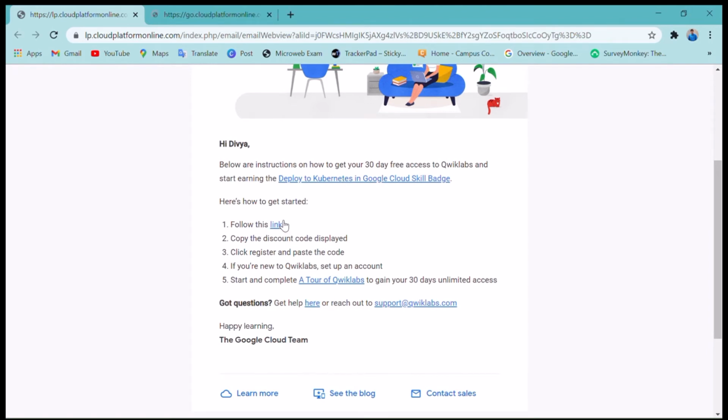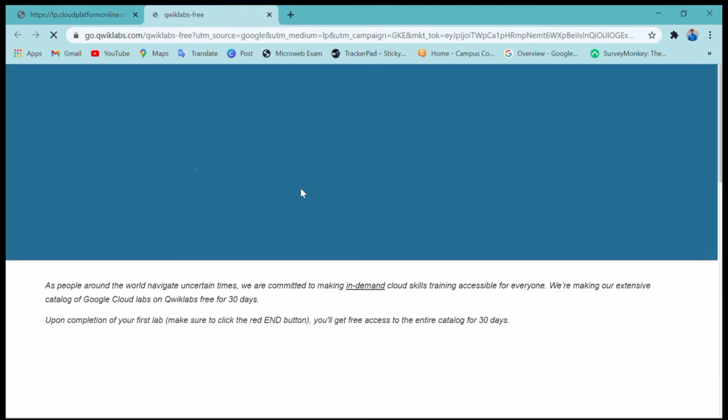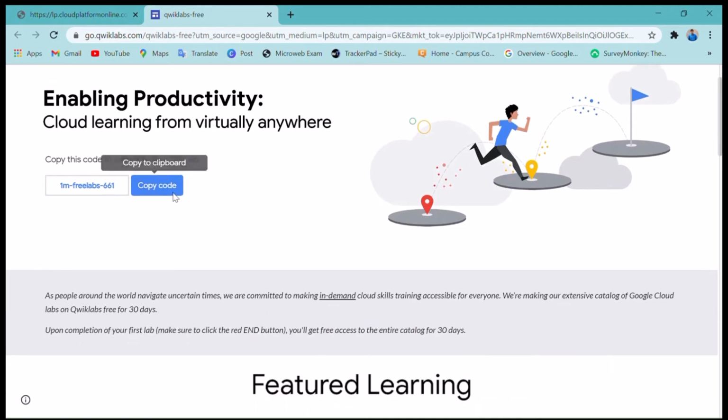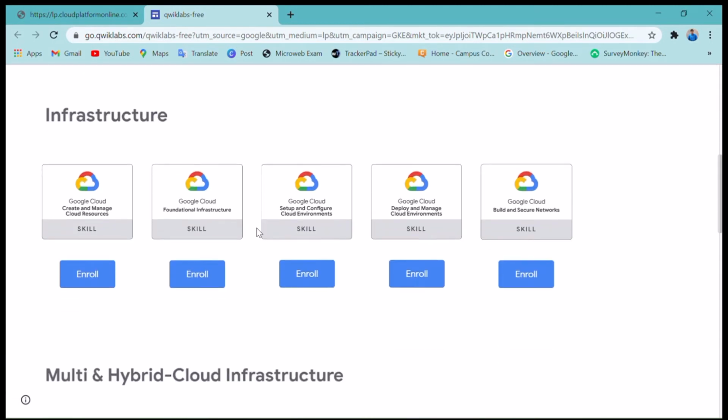Click on this, and this link redirects to Quick Labs. Copy this code and enroll in the skill badge which you want to learn or perform. So first of all go to the first one, enroll.